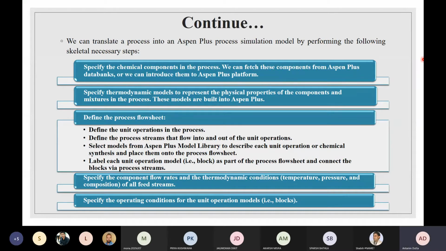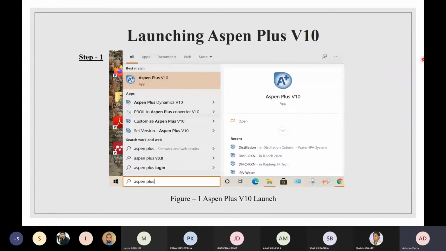Okay, so coming to the launch of Aspen Plus V10. I will be doing the stuff in real as well, but before that, let us have a stepwise procedure. After the complete successful installation of the software, you have to reboot your system.